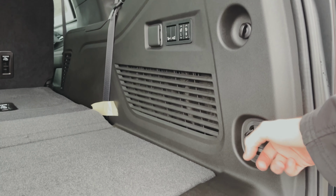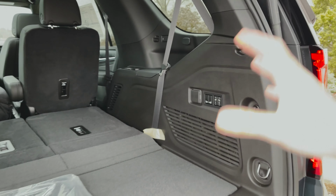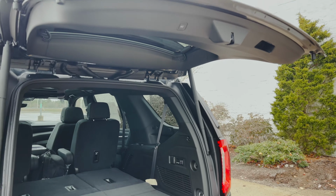You've also got tie-down hooks in the back, so if you need to hide your cargo, you can see like this rail, you put in the rail, and you can hide that with a net. So maybe Christmas shopping, you don't want the world to see what's back here, you can do that nice and easy. Now I'm just going to give one tap here on the back, and that's going to lower the lift gate